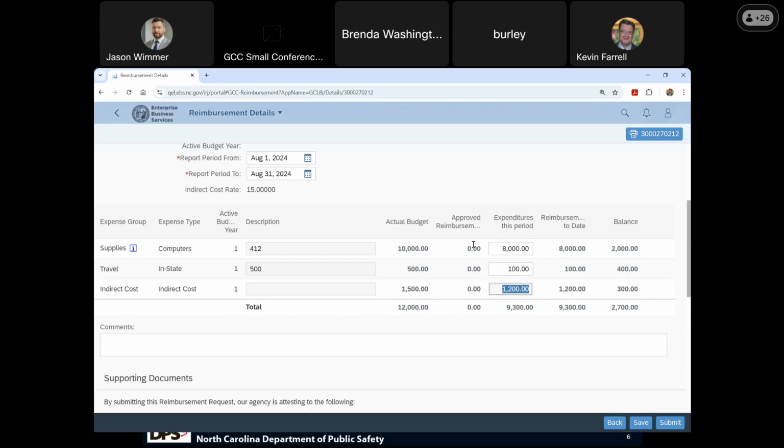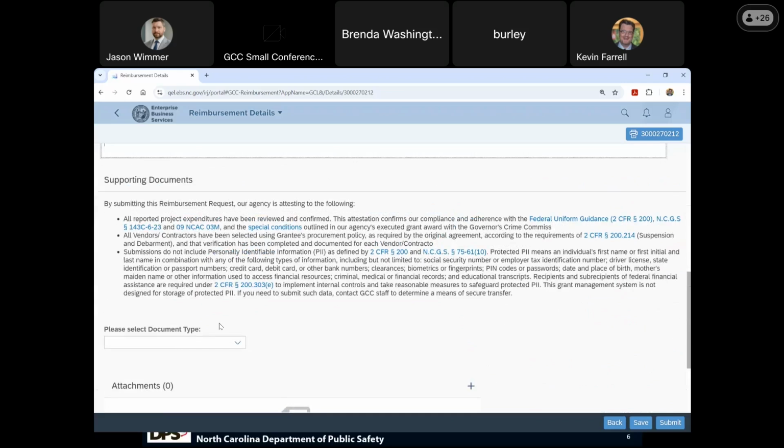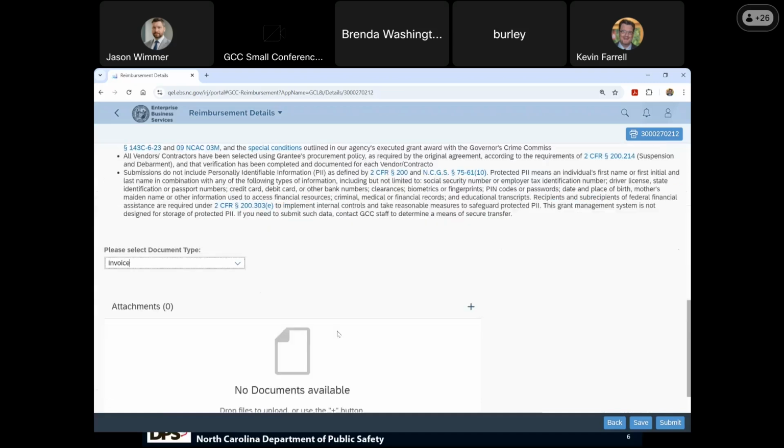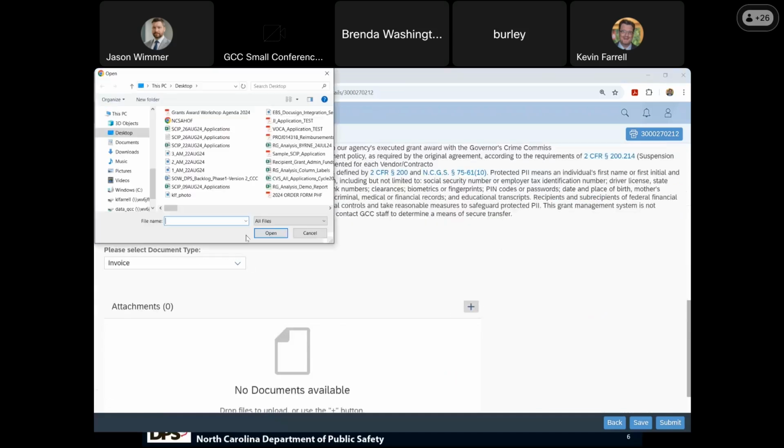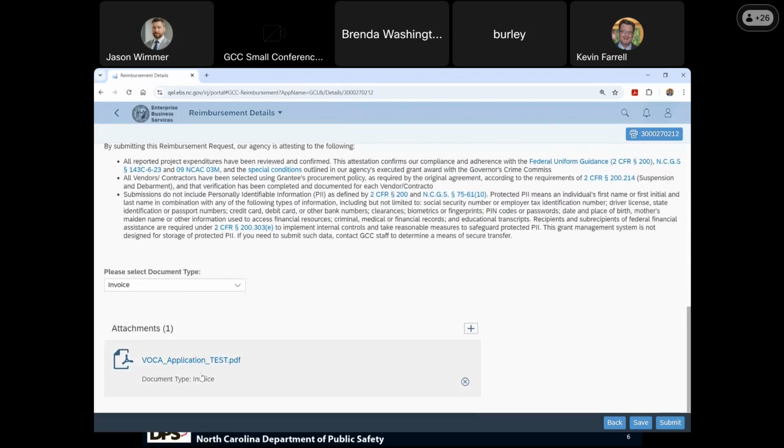So this is the reimbursement budget area. You may need to put in some comments to let your grant administrator know something. It's always good to tell them what's going on, what you're submitting, why you're submitting it, and if there's anything odd about it. And then you have to add supporting documents, and your grant administrator can tell you more about this. You would select your document type. I'm attaching an invoice, and then again, just press the plus button, find your invoice, hit open, and that will attach